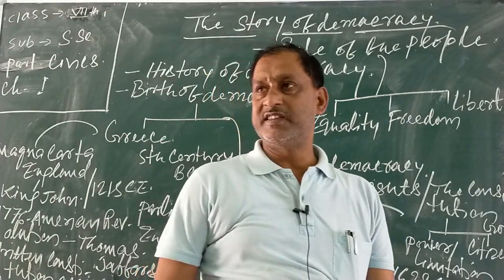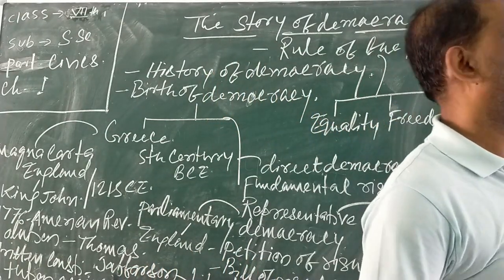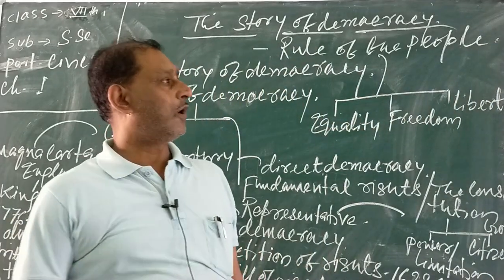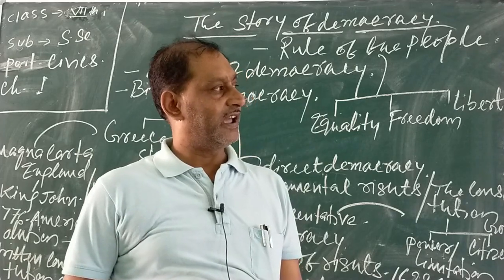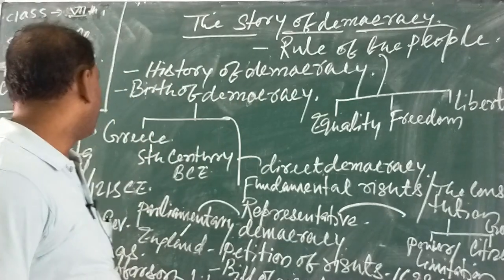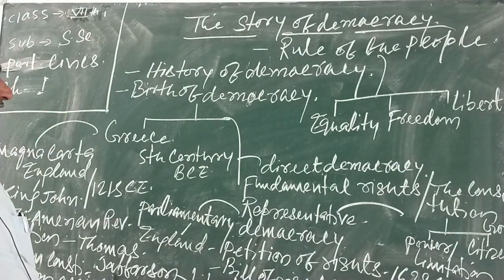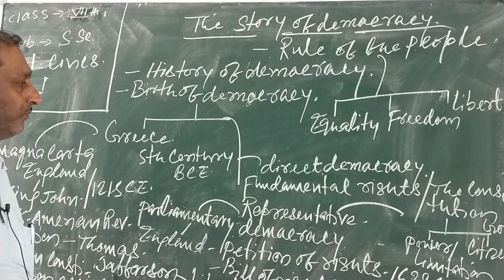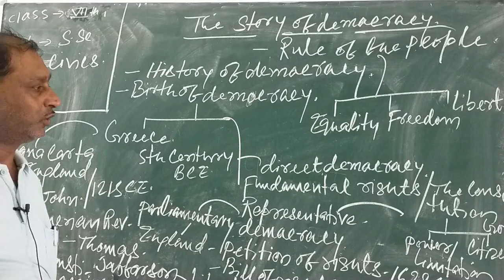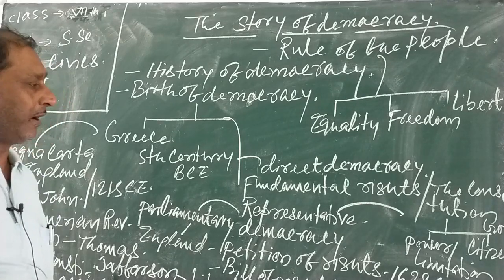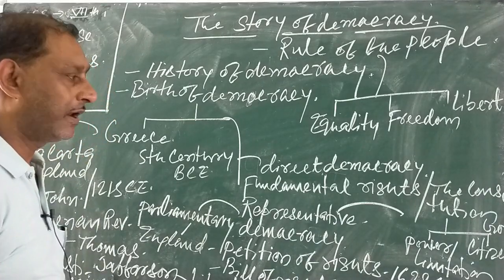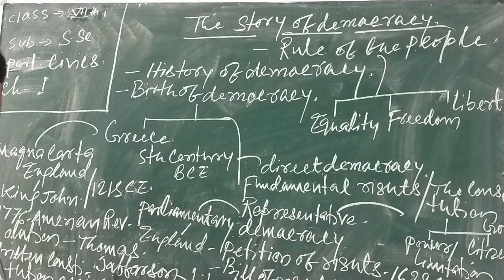Governmental rights and duties are enshrined by the particular constitution as directive principles of state policy, and the people's or citizens' duty is enshrined as compulsory through the fundamental rights. So now, let us look at Greece in the 5th century, where direct democracy related to the fundamental rights will be discussed through the constitution, as the power and limitation of the citizen as well as the power and limitation of the government.